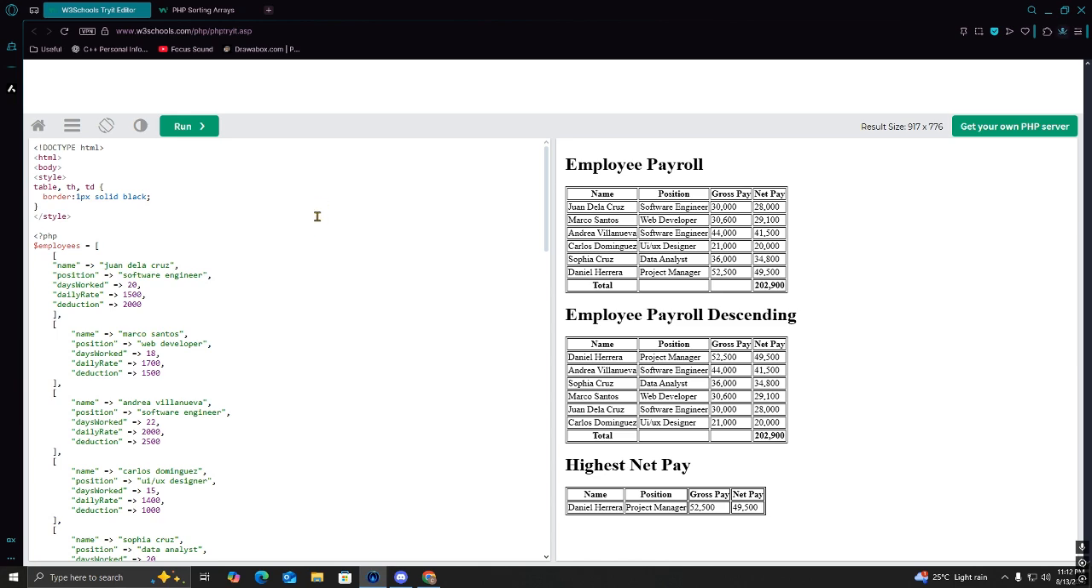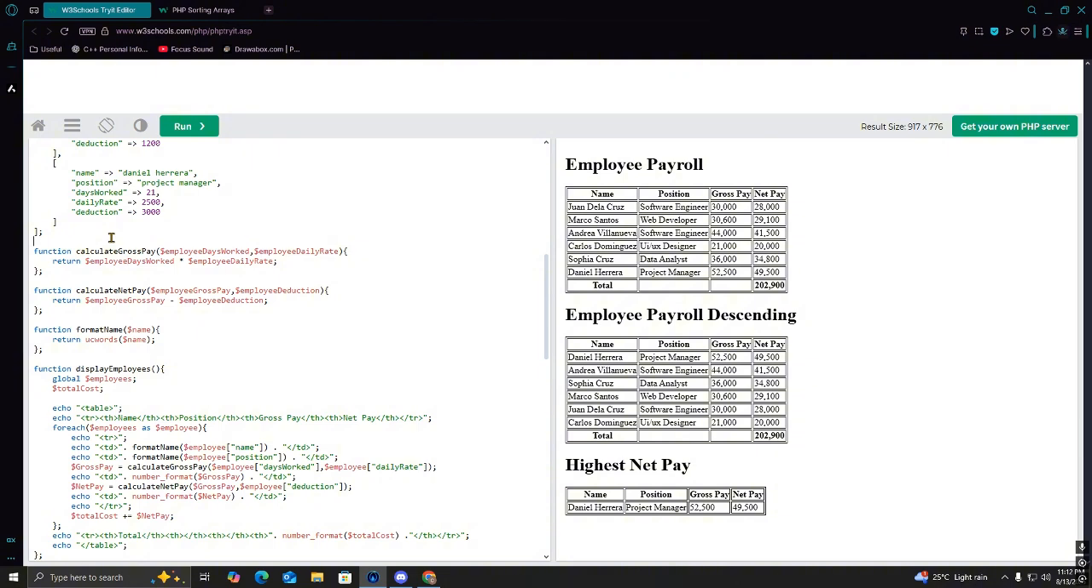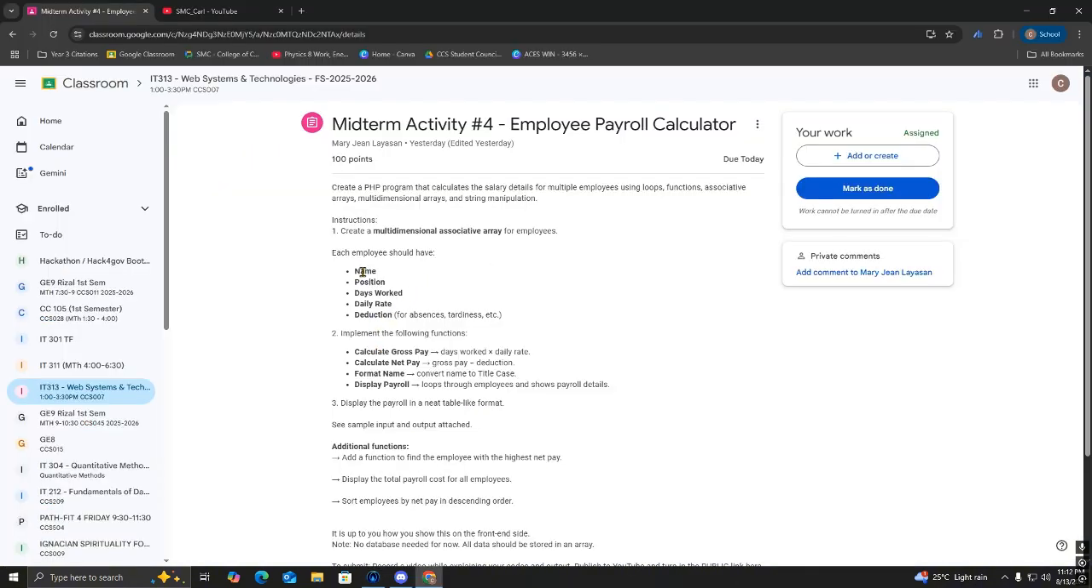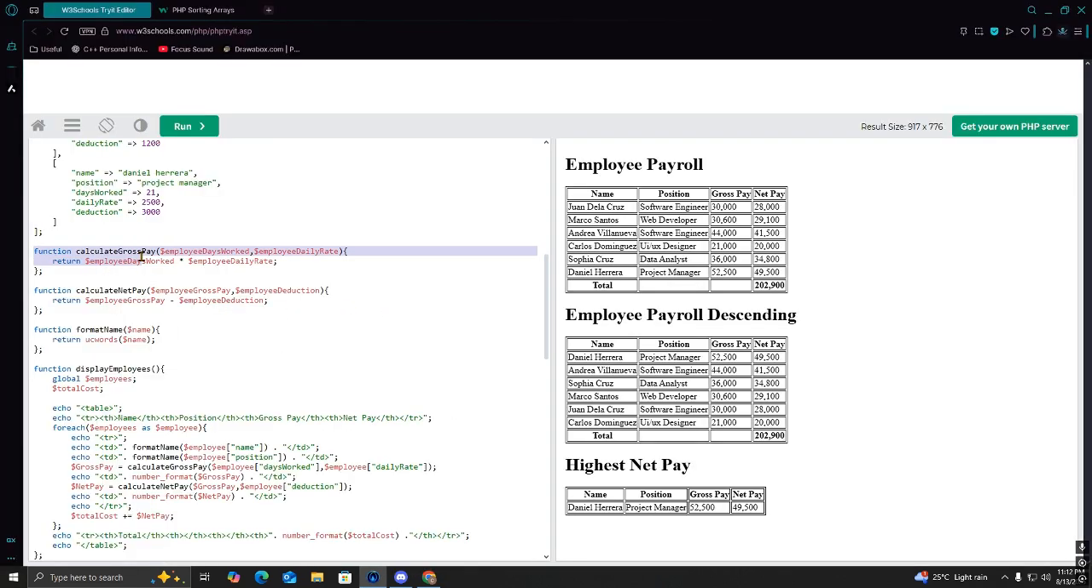Employee payroll calculator. So for the associative array, we have this according to the example given. First is the calculating of gross pay function. So it takes these parameters, the days worked and the employee daily rate parameters, and it multiplies them